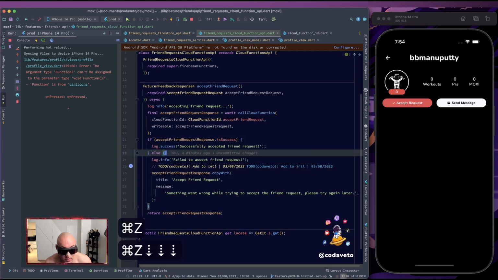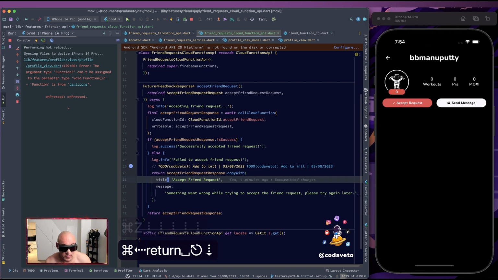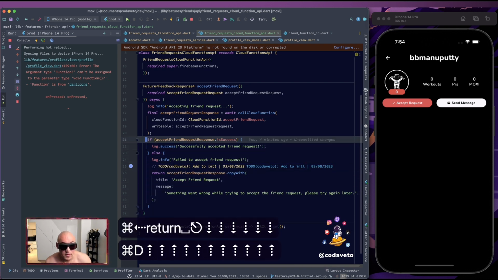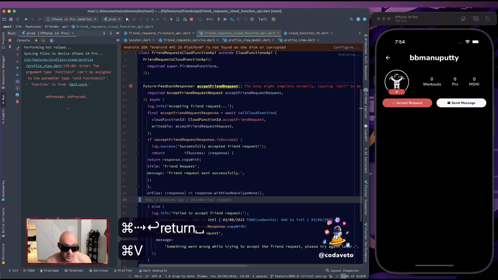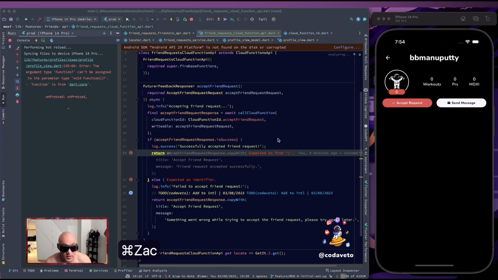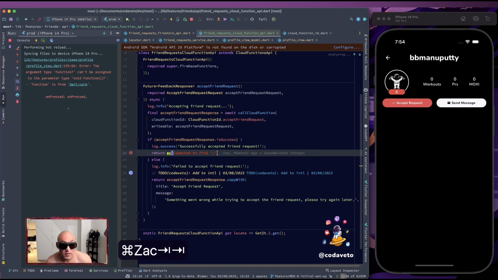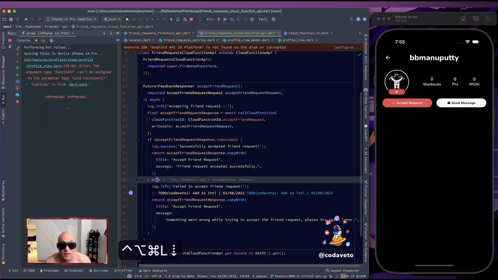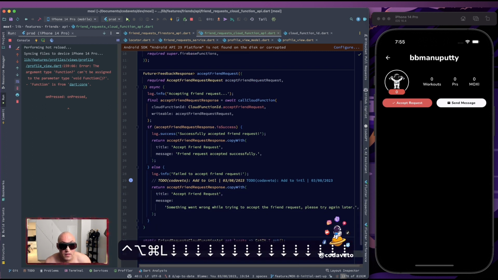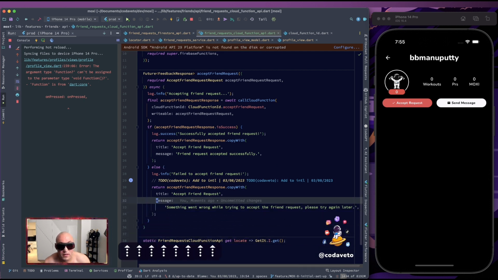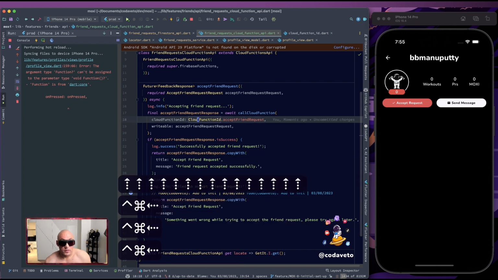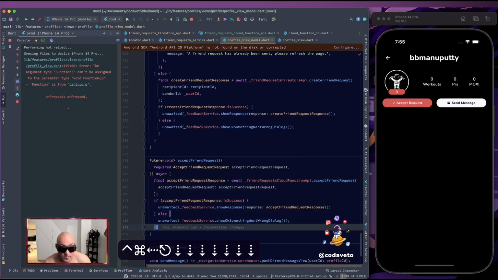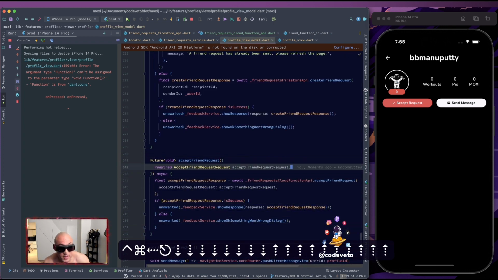No. Return API. Nice. Cool. So if we decide that